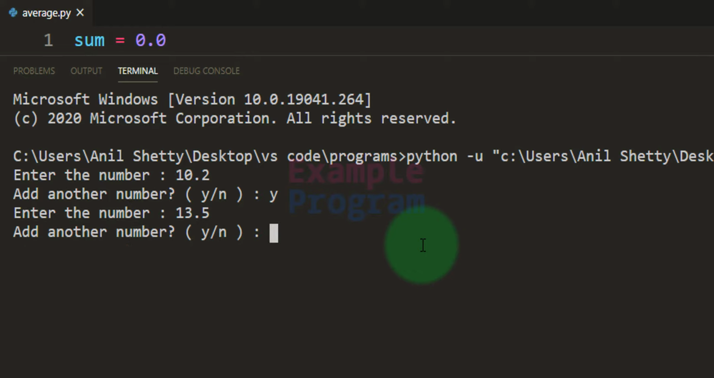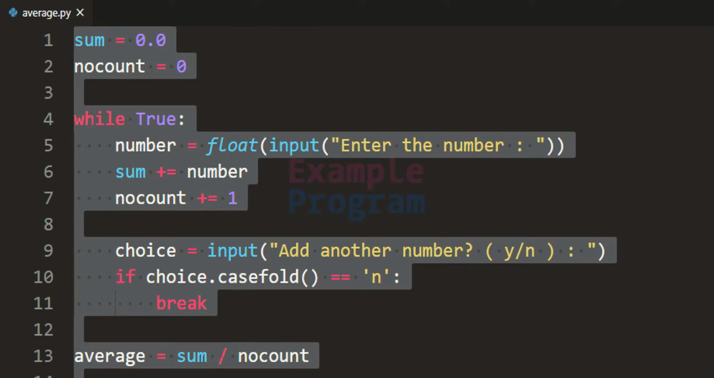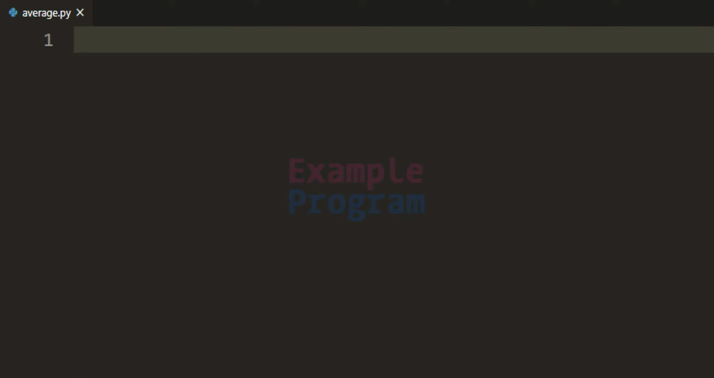If I want to add, then I can press Y and I can enter another number, but now I don't want to enter it, so I'm gonna choose N for no. And if I hit the enter button, it will find the sum and it will find the average and it will display that to the screen. So now we will write this program from the beginning and I will explain everything that we are going to